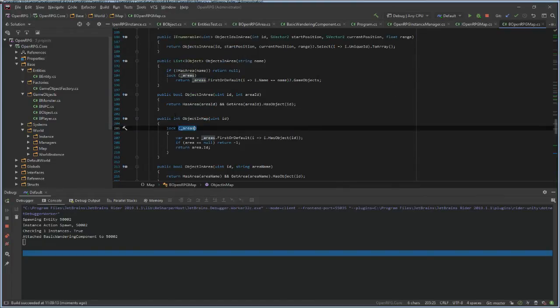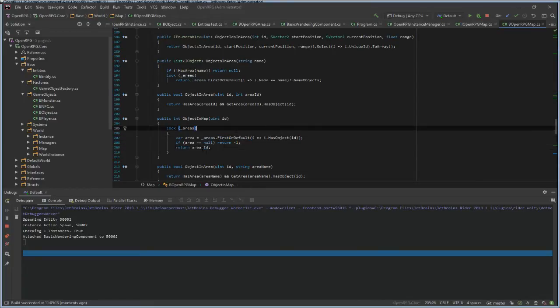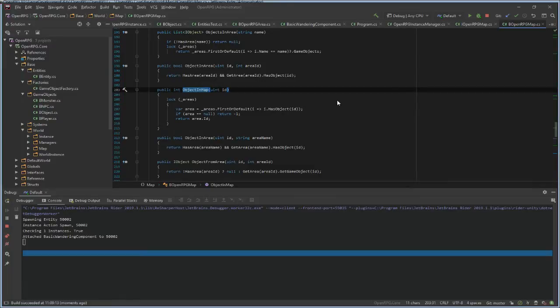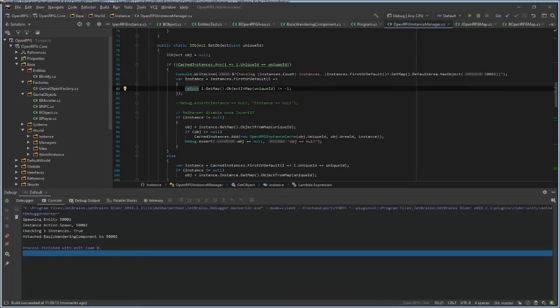I log the areas. First or default area ID. Oh, I returned the area ID. Oh, no. What? This shouldn't be an issue, really. Just stop debugging.